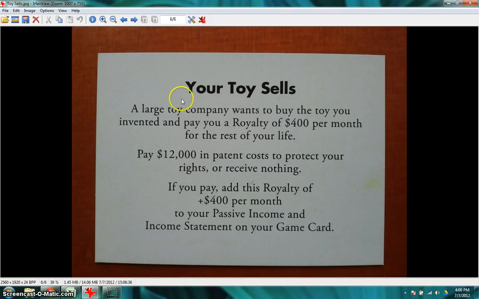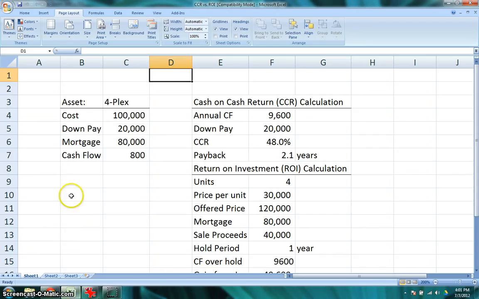So in this example, your toy sells. A large toy company wants to buy the toy you invented and pay a royalty of $400 per month for the rest of your life. Pay $12,000 in patent costs to protect your rights or receive nothing. If you pay, add this royalty of $400 per month to your passive income and income statement on your game card. So to calculate cash-on-cash return here,